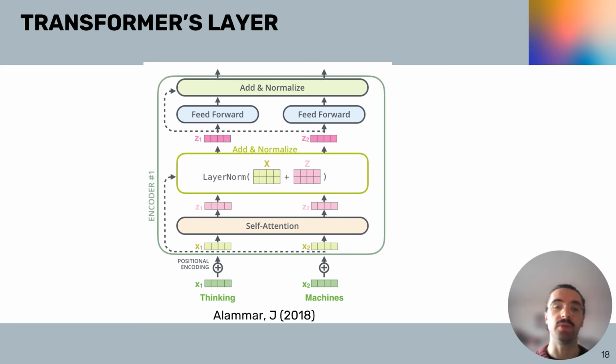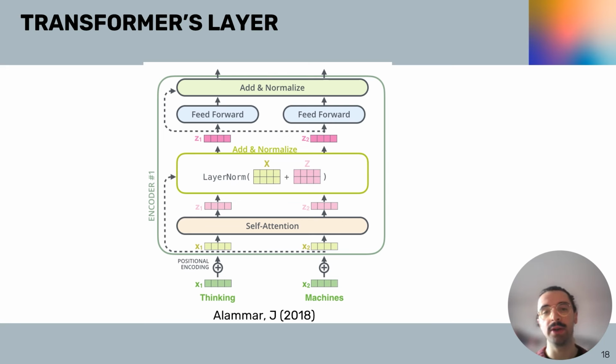The final output Z1 and Z2, after these operations, are the new representations of the tokens, which now carry both contextual information and positional encoding. These outputs can then be passed to the next encoder layer, if multiple layers are used, or to the subsequent stages in the transformer model. To summarize,